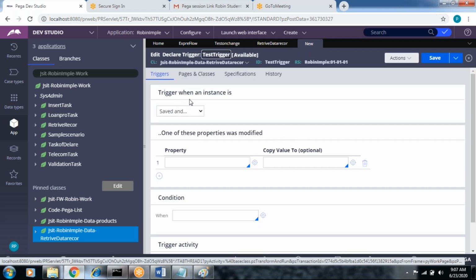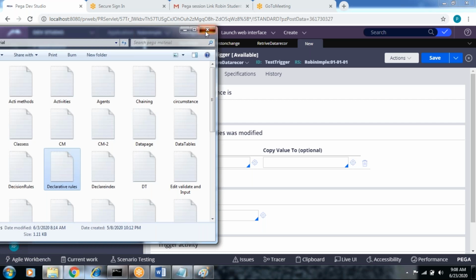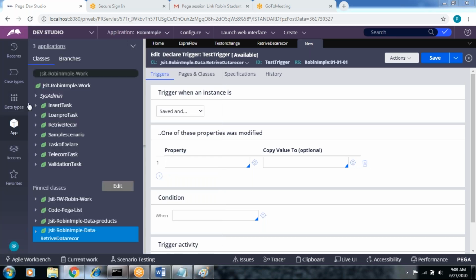Here there is a trigger instance: saved, deleted, committed save, committed delete.